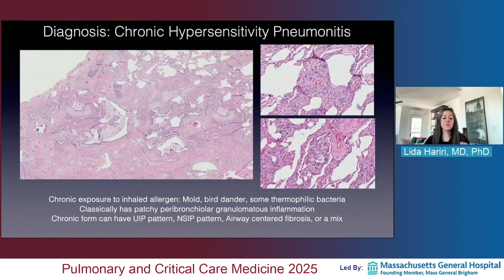Okay, now we're going to switch gears from talking about patterns and now talk about etiologies and what are the features that we as pathologists look for to help guide the likelihood of that etiology. So in a diagnosis of fibrotic or previously chronic hypersensitivity pneumonitis, what we are looking for is the specific presence of peribronchiolar granulomatous inflammation. And the reason we call it granulomatous and not granuloma is these are loose aggregates of